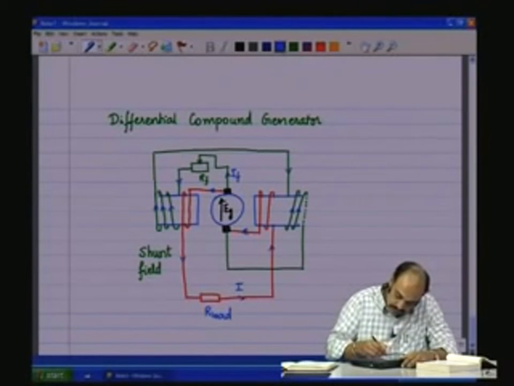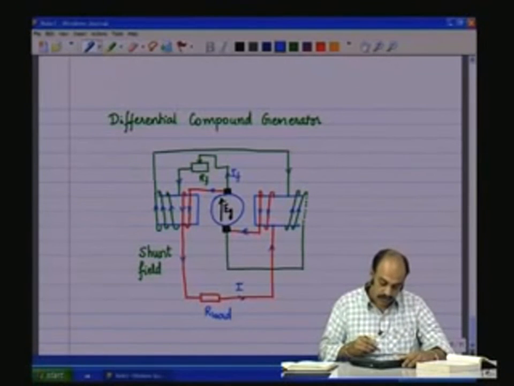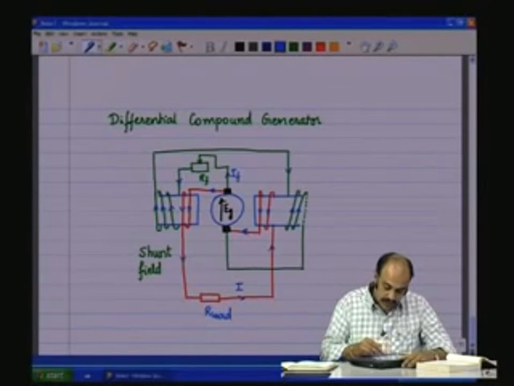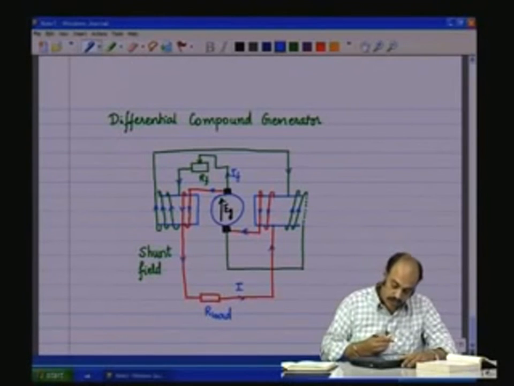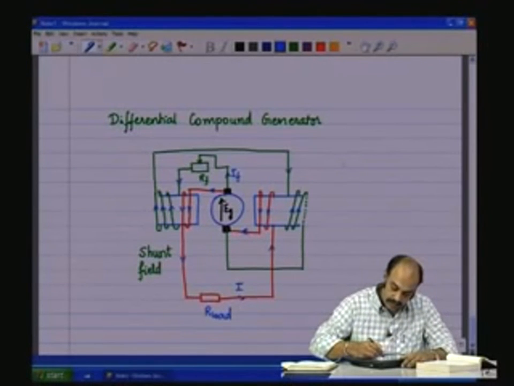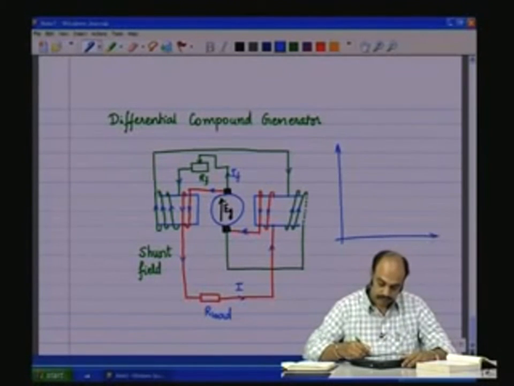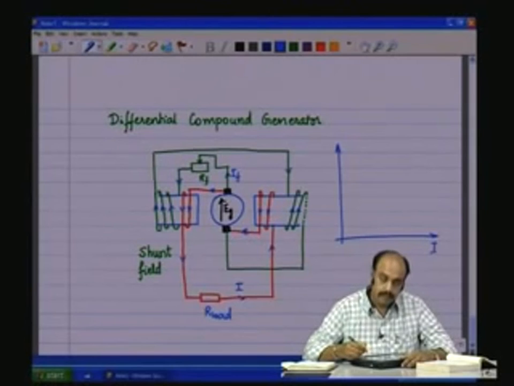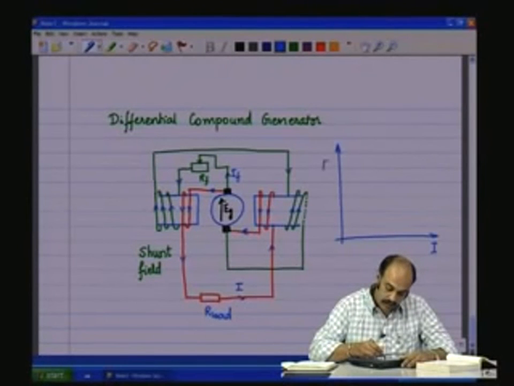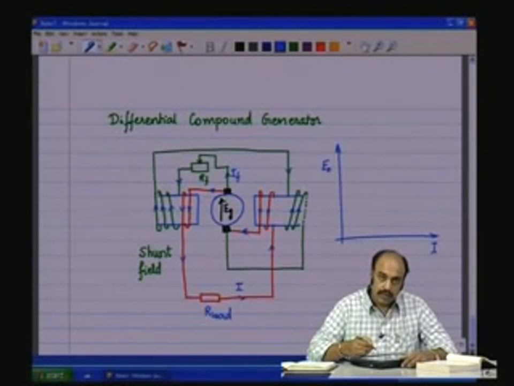So, that the current in the series field for the field is, you see, reversed with respect to the shunt field. So, therefore, this is going to provide a cancelling MMF. So, what happens is that with load E naught, so as the load increases,